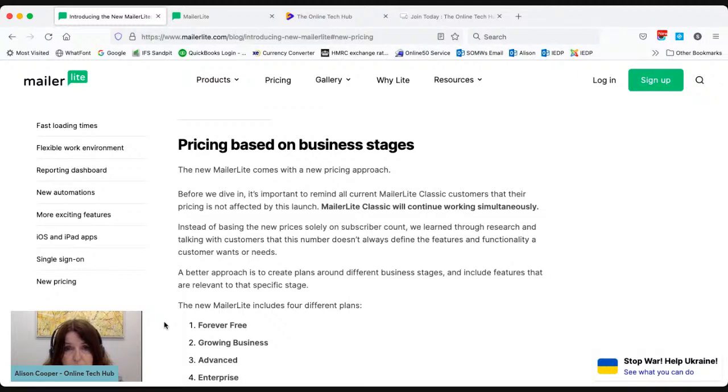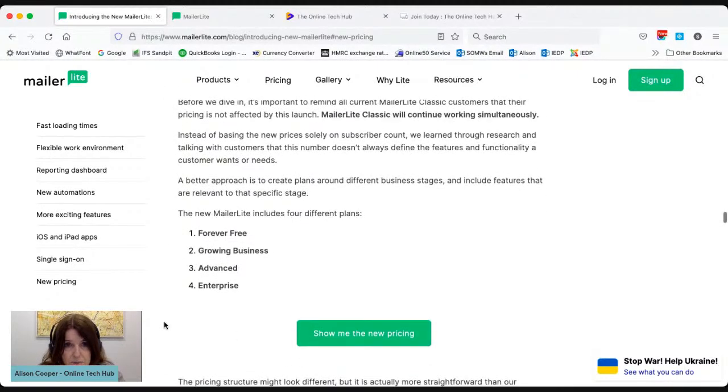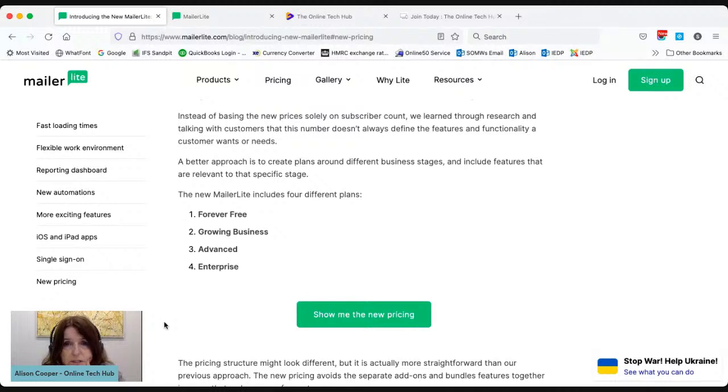It's important to remind all current Mailerlite Classic customers that their pricing is not affected by this launch. Mailerlite Classic will continue working simultaneously. So you can still use Mailerlite Classic. They're not pushing you to move on to this new Mailerlite, not currently anyway, so you can carry on using the Mailerlite Classic. So it says, instead of basing the new prices solely on subscriber counts, we learned through research